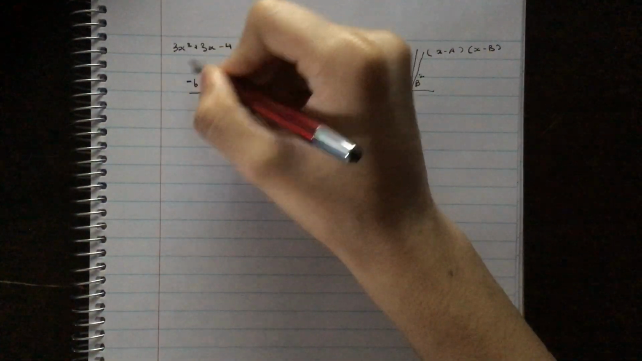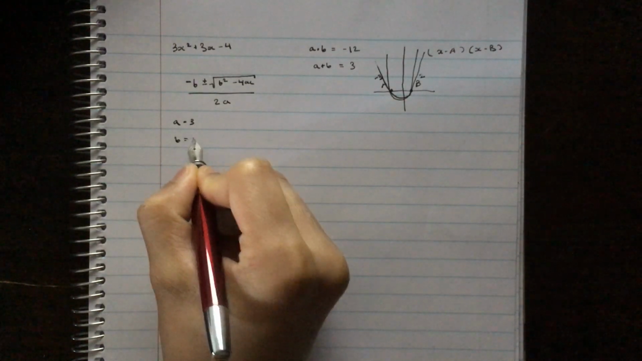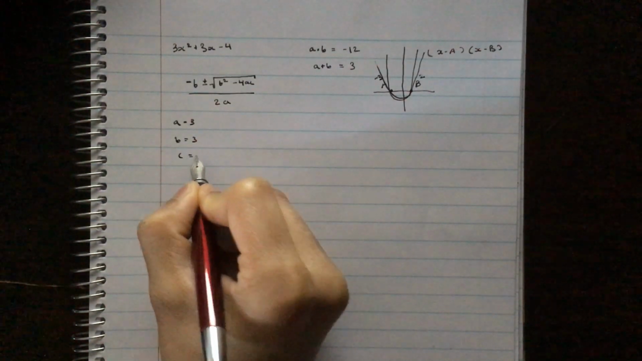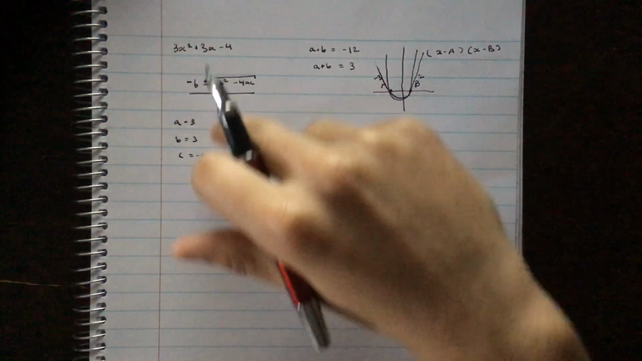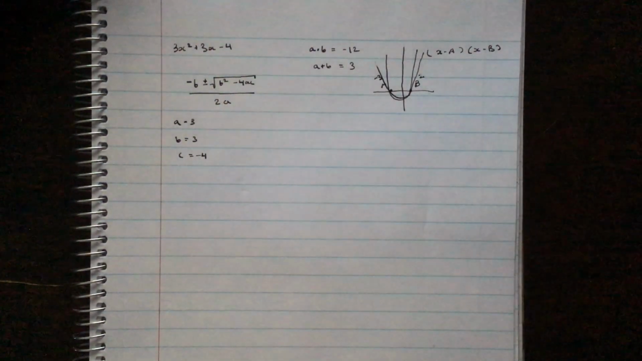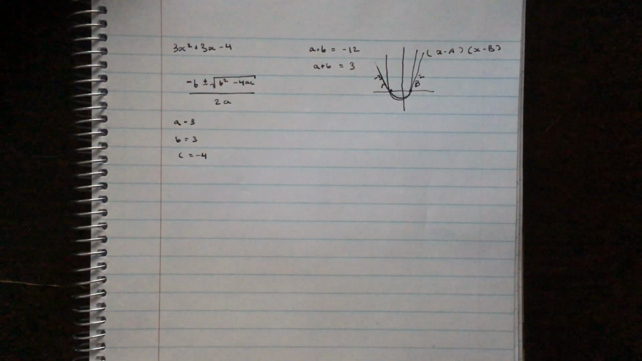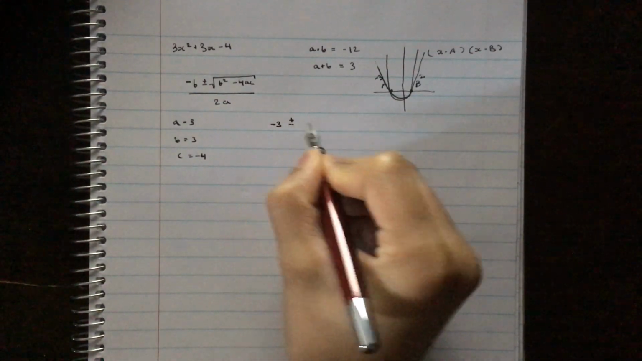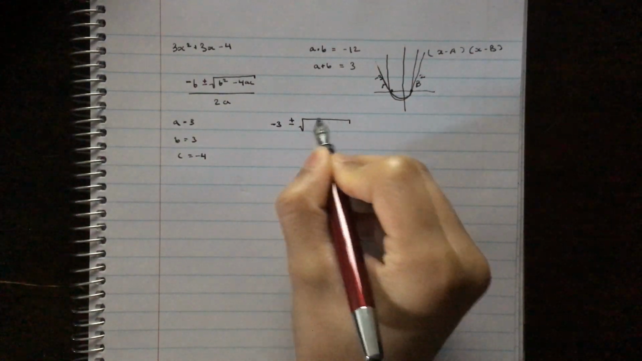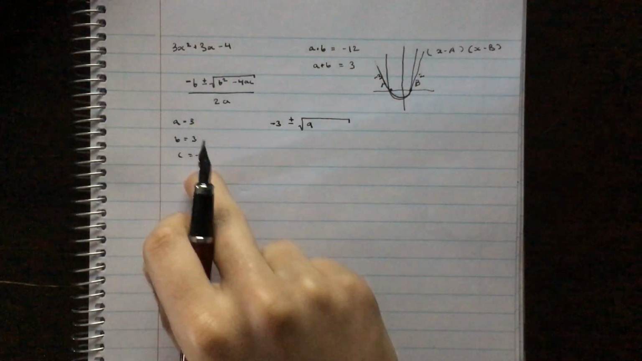Now let's look at our polynomial that we have. a is equal to 3, b is equal to 3, and c is equal to negative 4. Correct? Yeah, so let's plug this into our quadratic formula and find the values for where x should be equal to 0. So let's plug it in. Negative 3 plus or minus the square root of 9, subtract a negative number, so plus